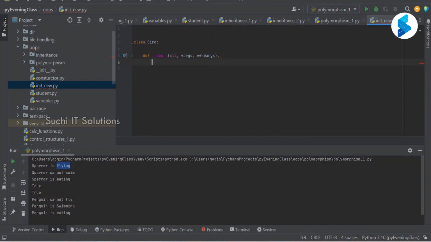Now see, the default parameters for new are cls, args, star args, and star star kwargs. These are basically whatever parameters we pass. We will discuss star and star star kwargs, but for now I'll just remove these things. I'll just keep cls and print